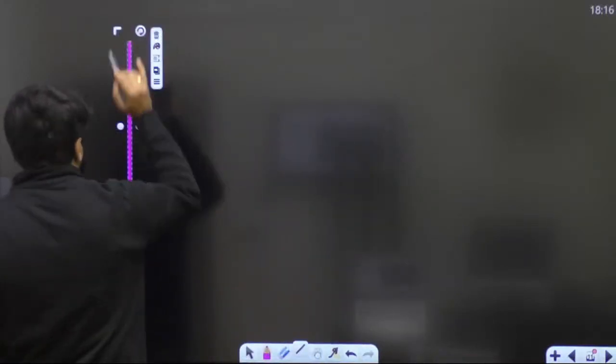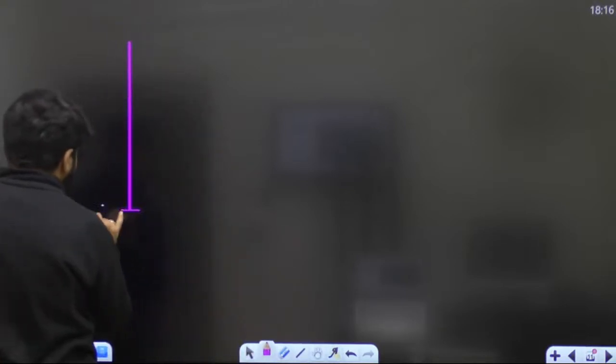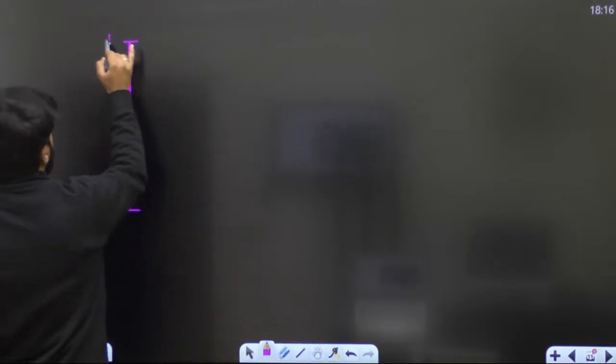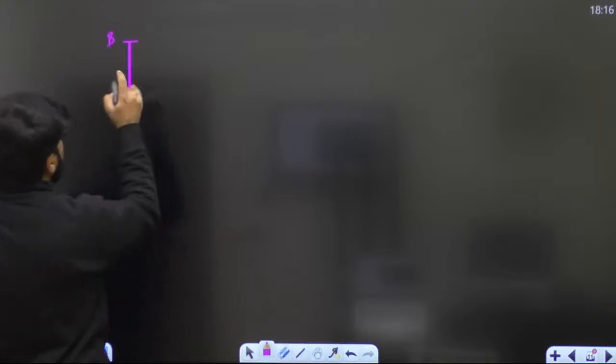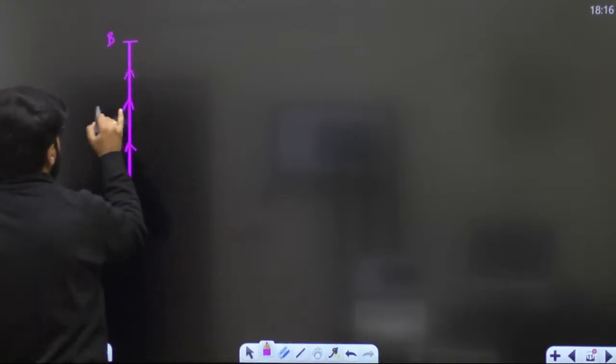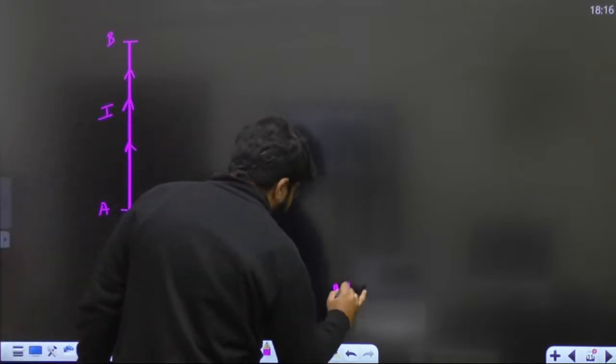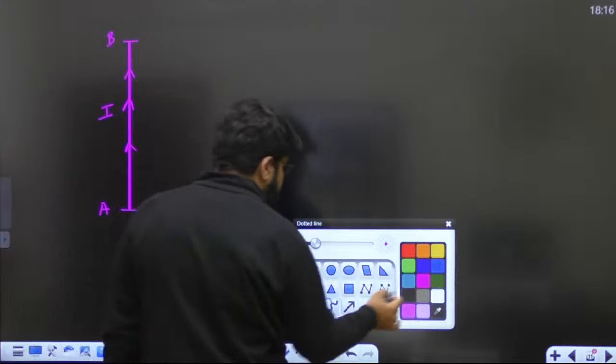Let me make this current element once again here. This is the starting point. This is the ending point of the current. The current is flowing in the upwards direction, that is from A to B. This is the current I. This is some point of observation where I need to calculate the